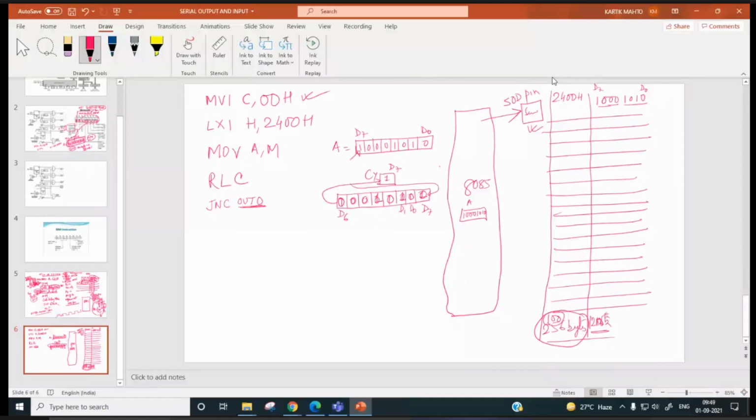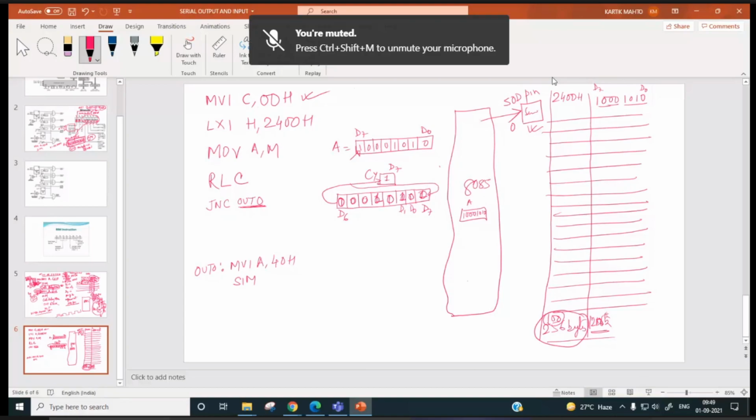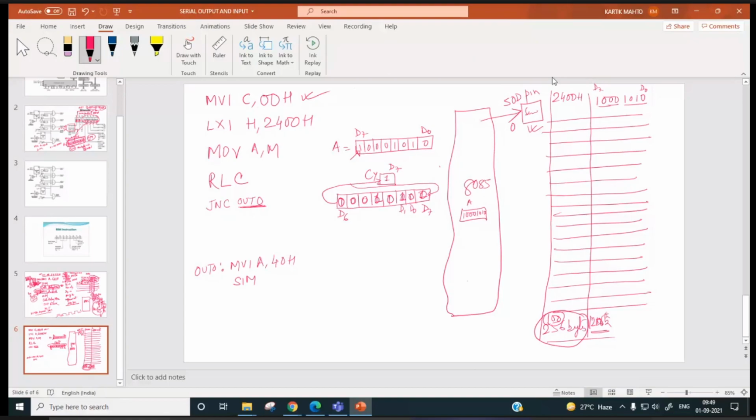So out 0 is over here. Here we can do MVI A, 40H, SIM. So at the SOD pin 0 will be outed, if D7 is 0.